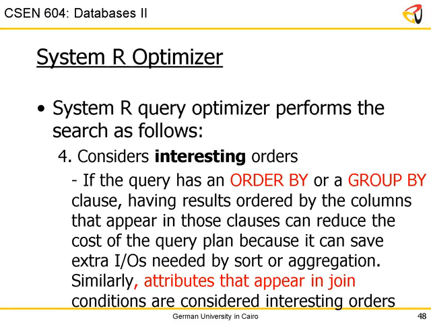Orders here does not necessarily mean sorting. It means the SQL operators. If you understand the semantics, then you can bias your decision as a database engine towards picking a specific index like a B+ tree or a KD tree or an R tree, because you understand the semantics of what the user wants from the SQL itself. Okay, so order by and group by were the two that were considered by System R,